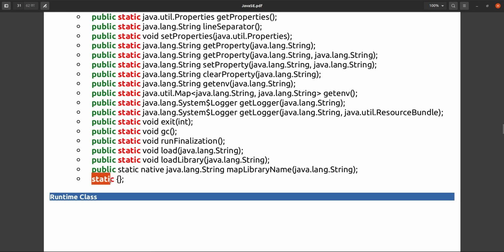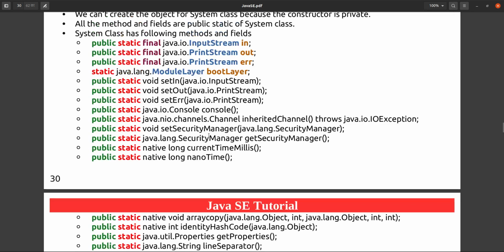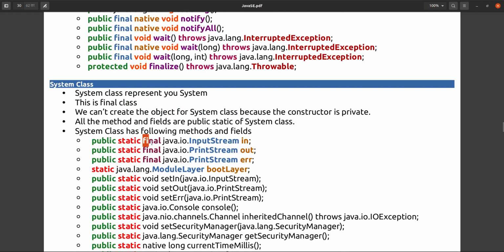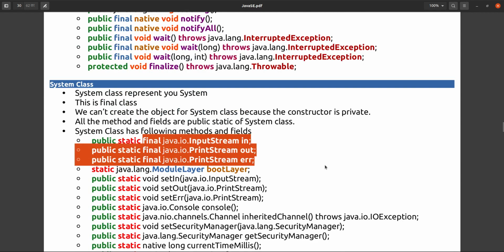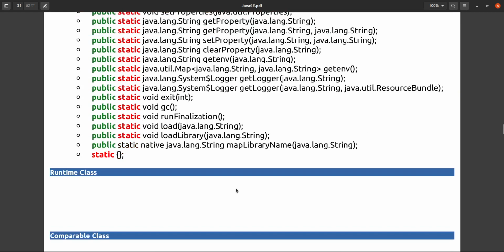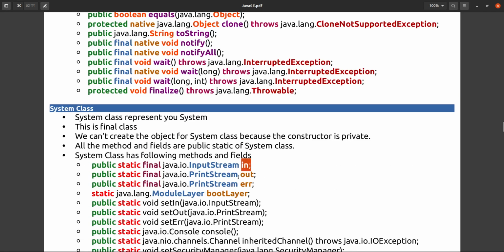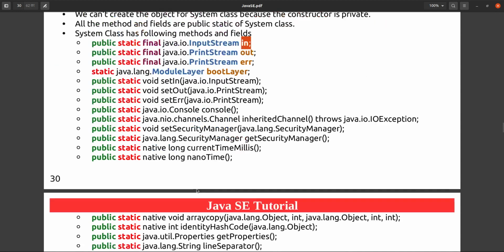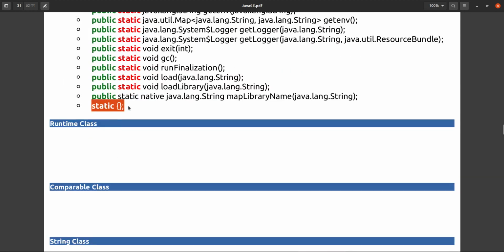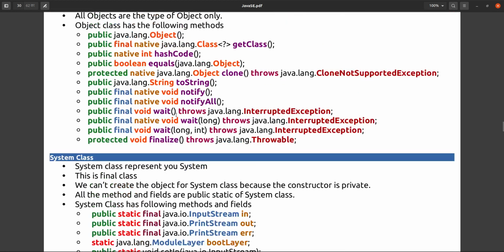This static block initializes these static fields. So this is all about the System class.